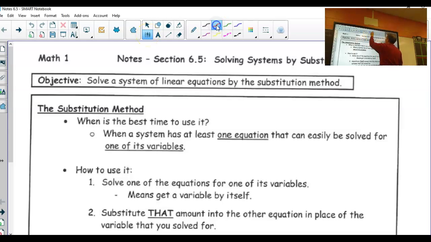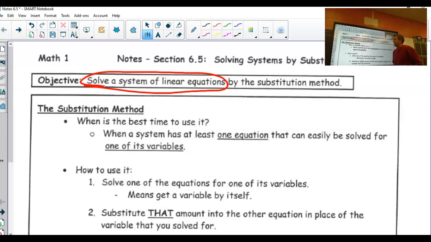Today we are going to talk about solving a system of equations by the substitution method. You did this a little bit last night. You solved equations by the equal values method, which is very similar to the substitution method. And today we're officially going to go over how to do the substitution method when you are solving a system